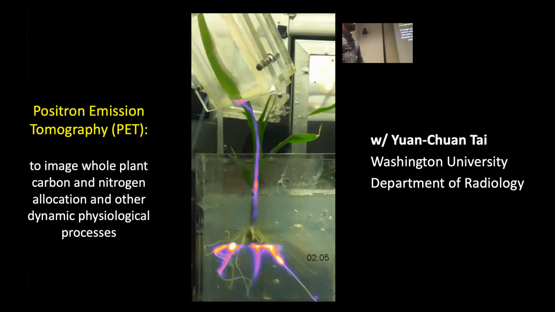There's lots of other isotopes you can use, but C11 is really handy because you just feed it to the plant and it does what it does through photosynthesis, pumps it down into the root. So it's a pulse chase. We give it 5 minutes usually, see where the carbon goes. In this case, there's a few pulses. That's an imaging artifact. And you can see in like 30 minutes or so, the plant has taken the CO2 up, fixed it into sugar, and it's already down in the roots,